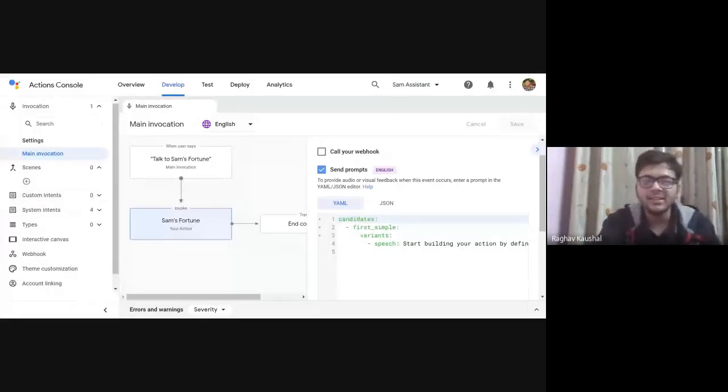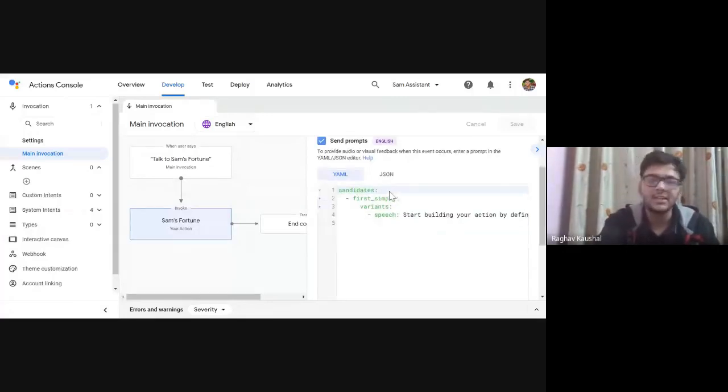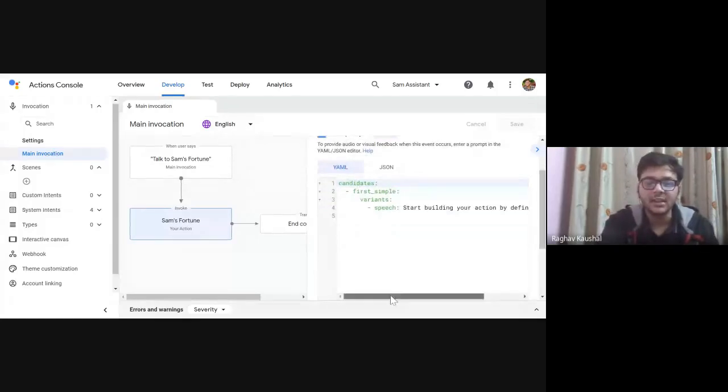So next is send prompt. Send prompt is the text, the audio, the speech which will be prompted when the action is invoked. So for example, whenever you say, "Okay, Google, what can you do for me?" the action is invoked and it says that I can do all these things for you. So it speaks that line, no?